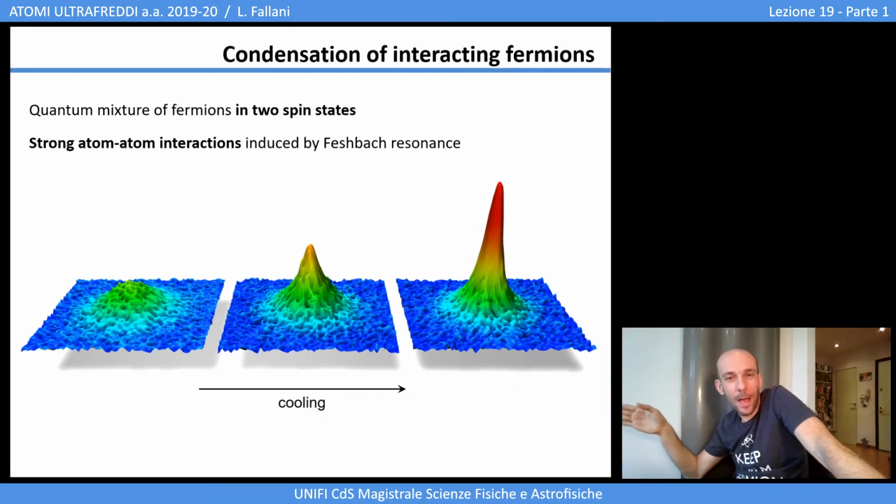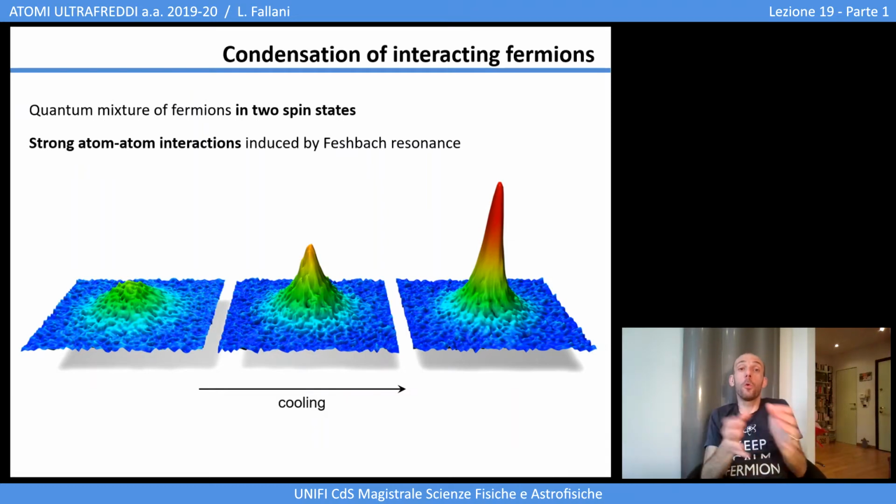So these images are very similar to what we discussed in the case of atomic Bose-Einstein condensates, but these experiments are made with fermions. And so if you cool your fermions below some critical temperature, you can have a condensation like in the case of bosons. What is the difference? Here you have fermions in two spin states, and these fermions are strongly interacting. So you cannot have condensation of an ideal Fermi gas, but you can have condensation of strongly interacting fermions in